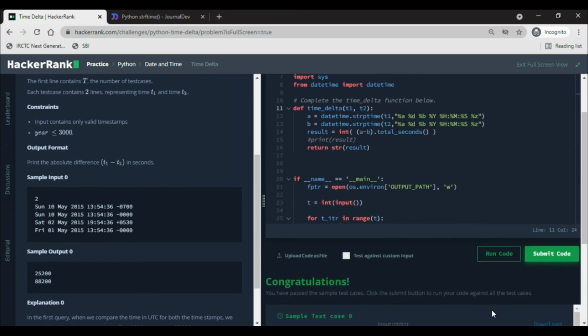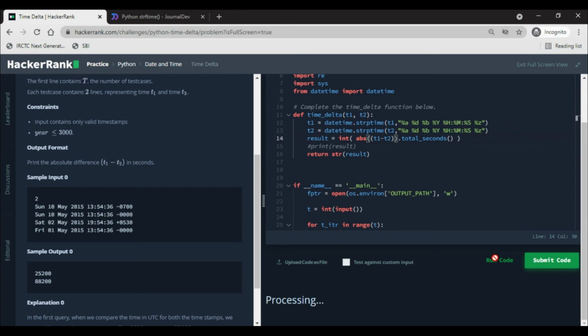Yeah, actually you can also do like this. You can save in t1 only rather than t2 only, so that you don't have to define another variable, and t1 minus t2. Now one more thing you can do is convert, because the difference can be negative, right? But you want the absolute value, so you can do abs. Absolute value it will take, and it will convert into seconds and the integer part, and it will send the result.